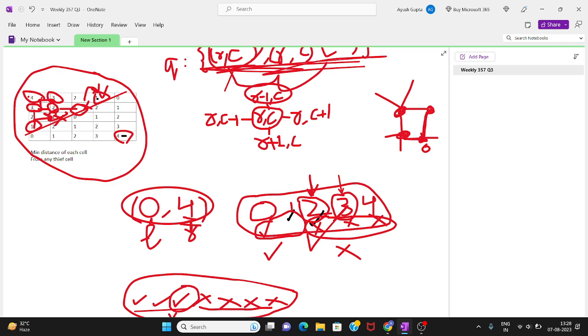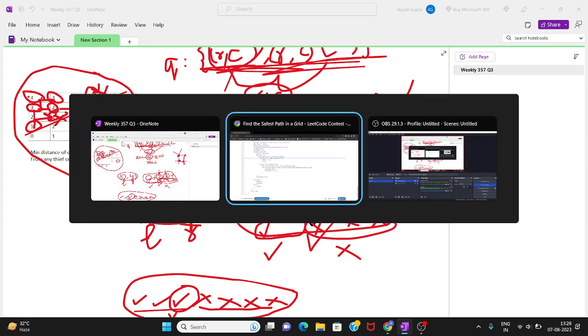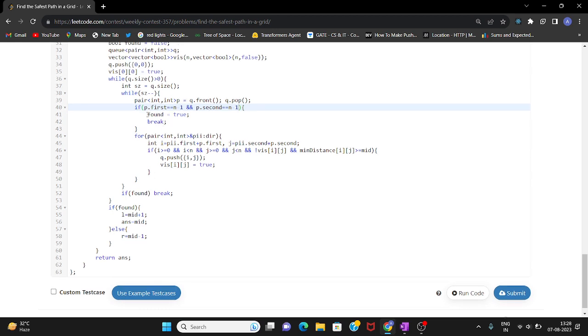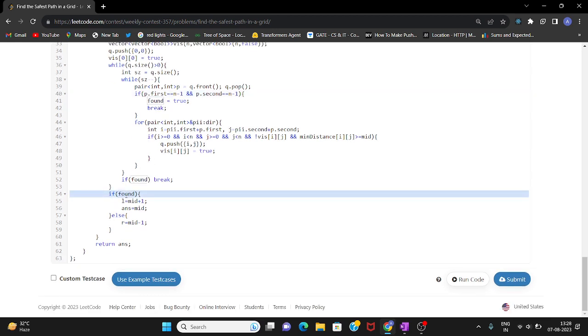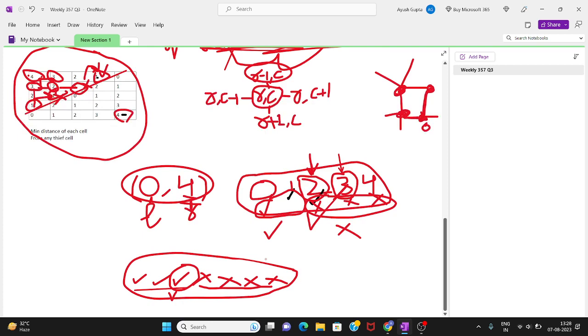So I won't be able to reach my destination cell, and it won't be visited. So I will check in the end if found is true or not. If it is not true, if I was not able to reach my destination cell, then I have to go to the lower values. I won't be able to achieve this much value.